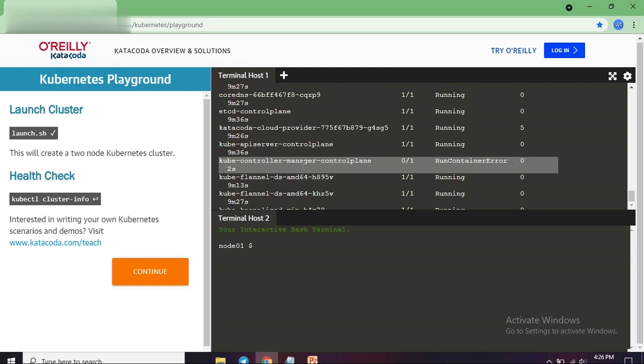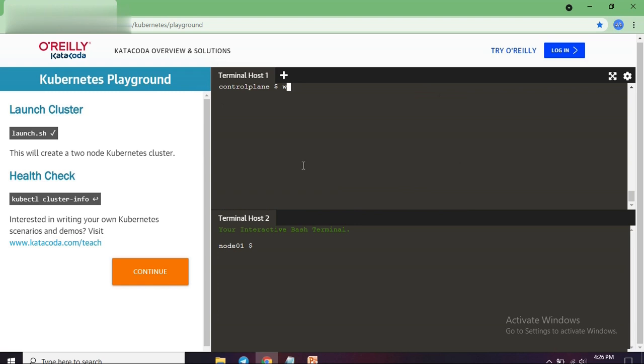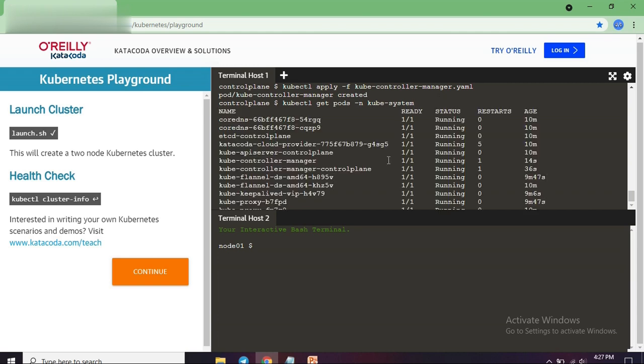So we will apply the changes which we have made in the kube-controller file. kubectl apply and the name of our YAML file, and yes, we have successfully applied our changes. Now check the pod again. kubectl get pod -n kube-system. This time our pod should be running. Yes, as expected, our kube-controller-manager control plane is also in running state.